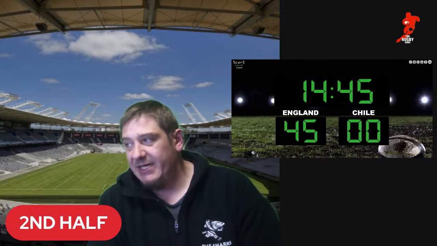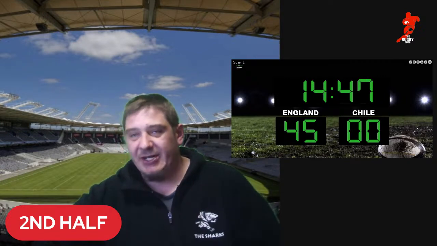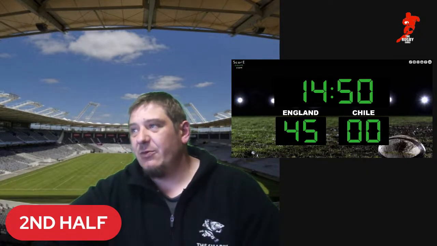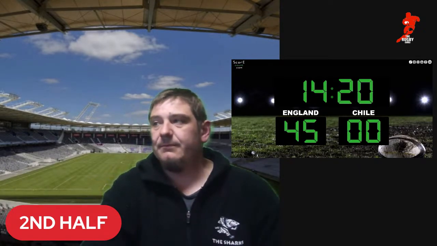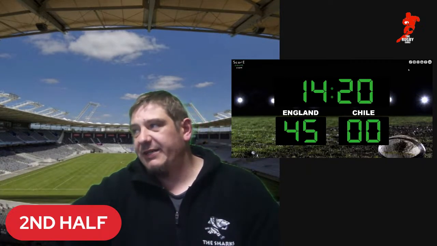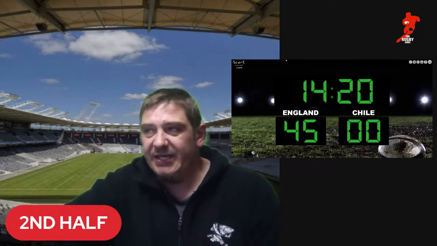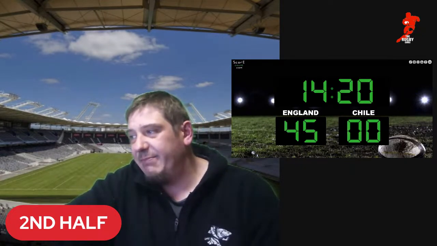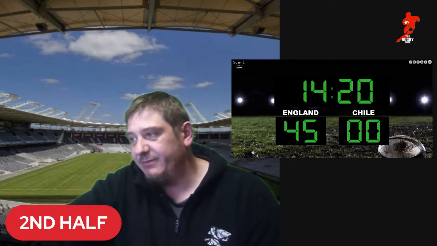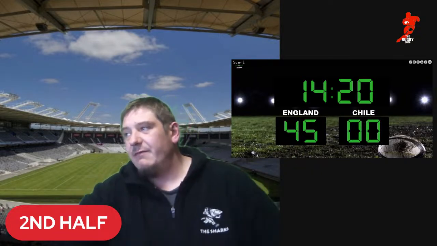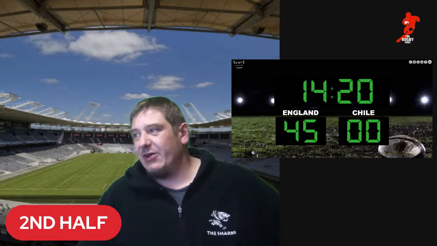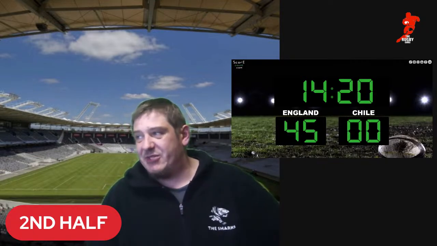Red Hot Chili Peppers, they definitely are not tonight. Come on, boys, says Craig Kukamur. So the clock was stopped there. We're just going to run it back a little bit. 14 minutes gone in the second half, and England leading by 45 points to 0. But it says England will put up a real fight in the knockout stages. Won't be easy to beat them, absolutely.